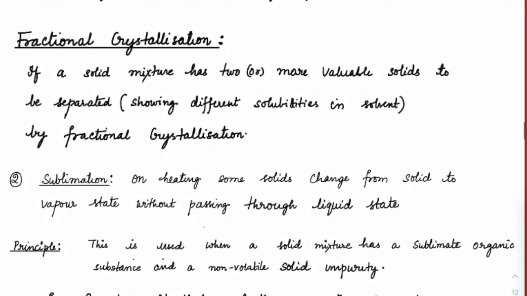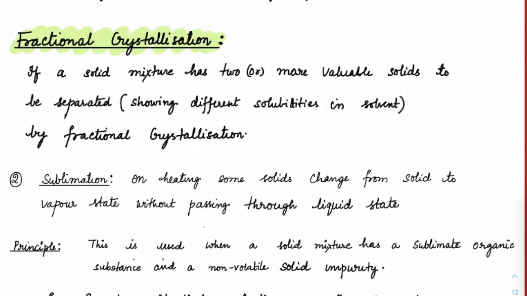Okay. Now, when it comes to fractional crystallization, the second type is fractional crystallization. Right. Here we have two or more valuable solids. Got it? Not just one solid. Maybe just like wax I told you, it may be combined with maybe some kind of other gels, maybe like lipstick for instance. Got it? That wax is slightly different than the regular wax. Got it? So, if that also has to be separated because both of them are very valuable, in that case we will be using fractional crystallization.